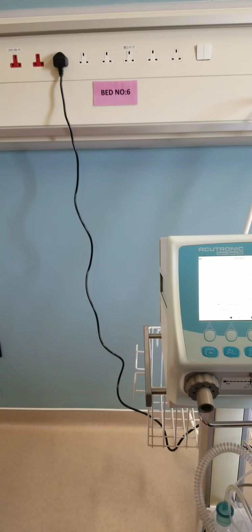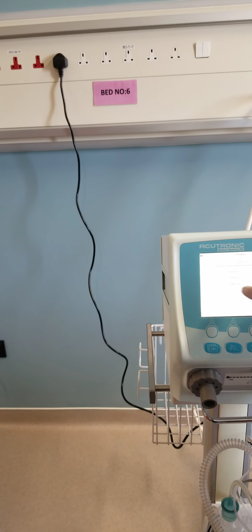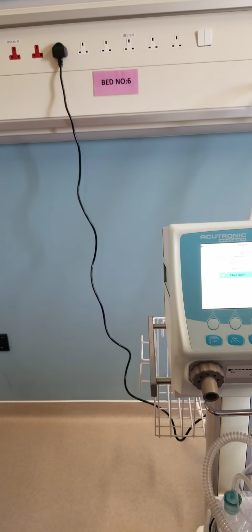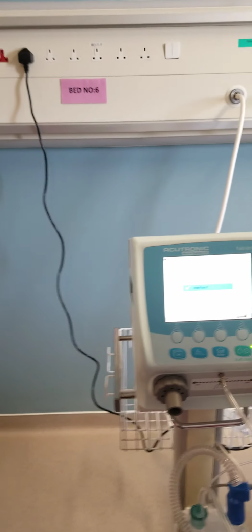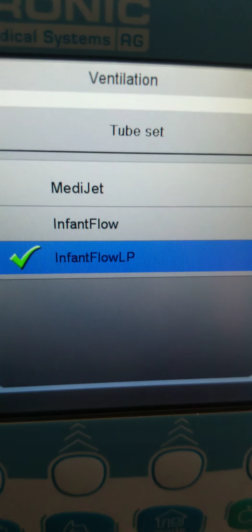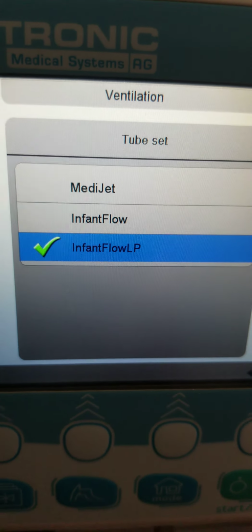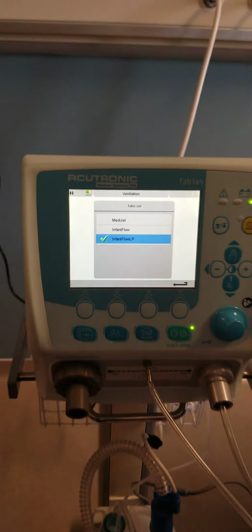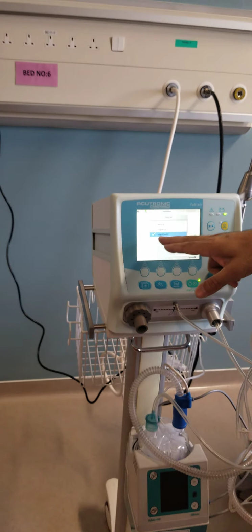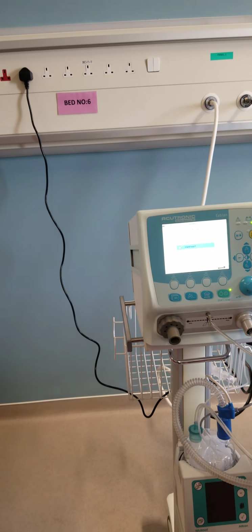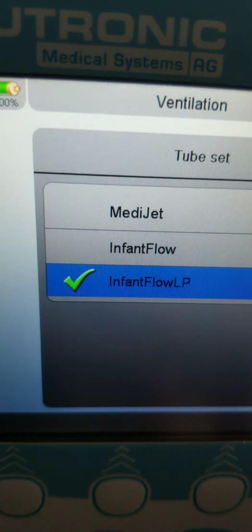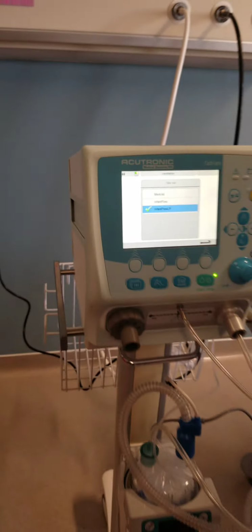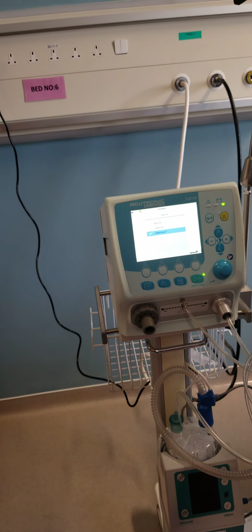I just have to click and I can select infant flow LP, and now use it with theirs. So we can also use the infant flow set. Whatever you're using, you can use that. Or there's another company, Medijet, I think, or Hamilton or something. You could use that as well, as long as it is fluidic flip, the same technology.